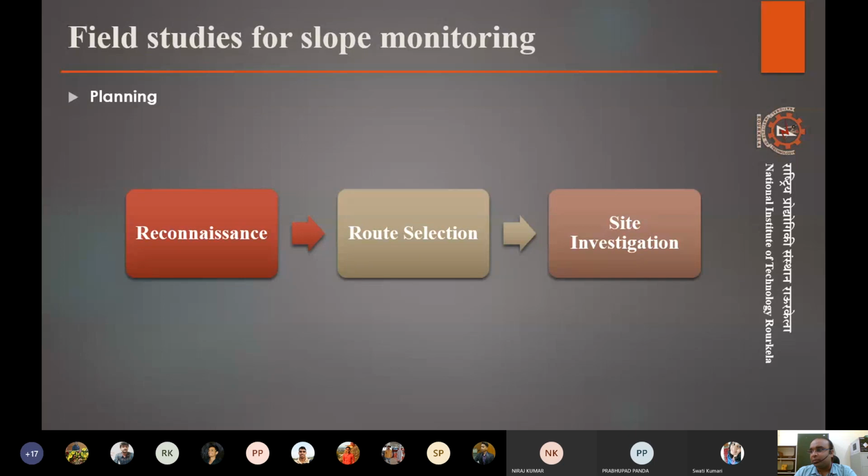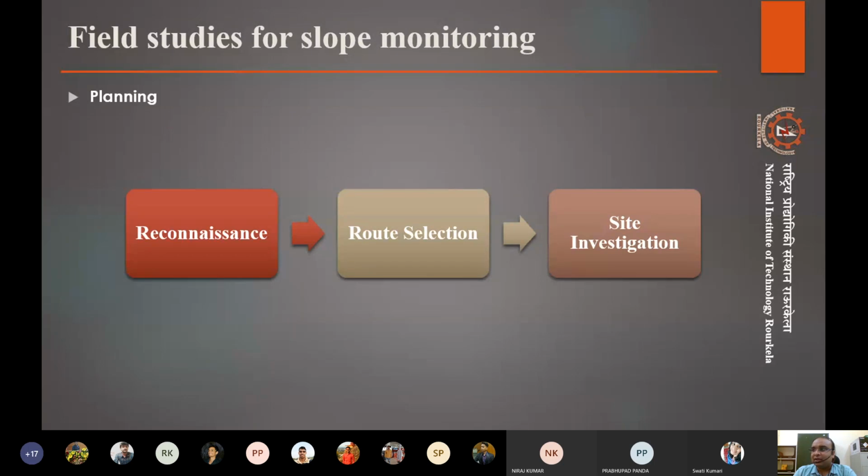in a scenario where we are planning for a field study in terms of slope stabilization, slope making, or slope monitoring, whichever the case may be. The case may be designing a new slope, or seeing the conditions why a slope has failed, or even judging the stability of the present slope. That is, for now it is stable, but we may have to do certain studies to confirm that and how it will behave in the future.